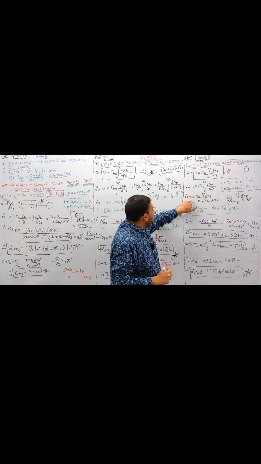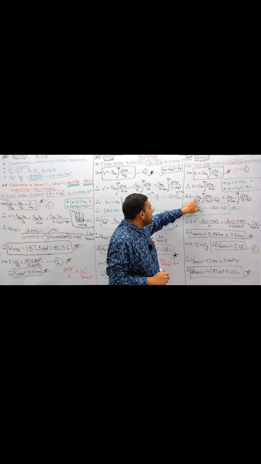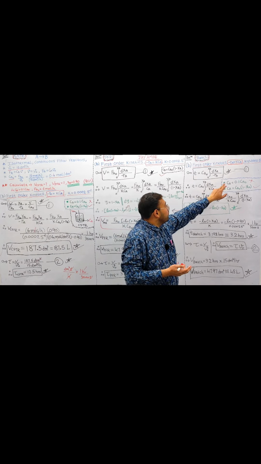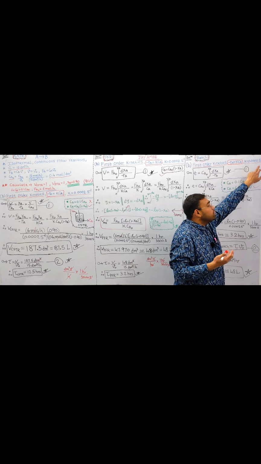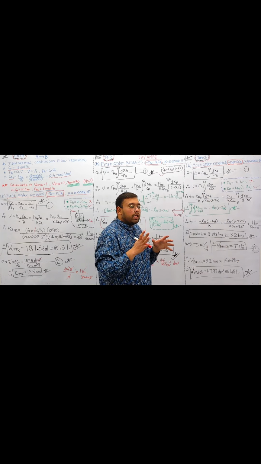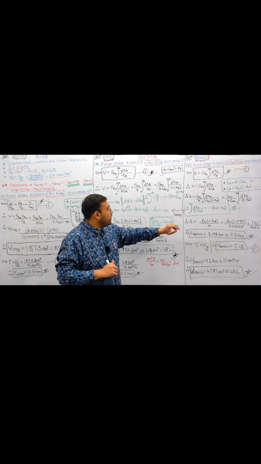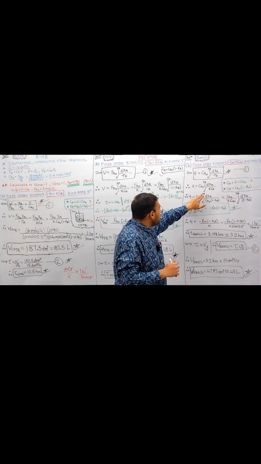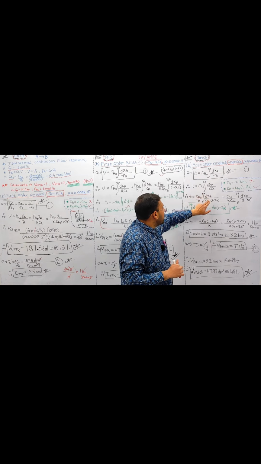So let's say T is equal to CA naught divided by K. Now why CA naught divided by K? Because K is constant. We have the value of K as 0.0002 second inverse. Due to those reasons, we can take K out of the integral. So CA naught divided by K, integration from 0 to XA, dXA upon